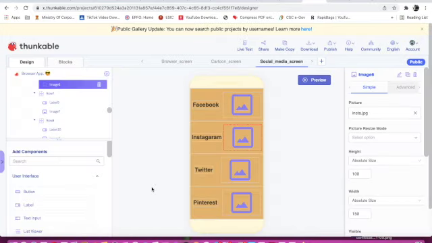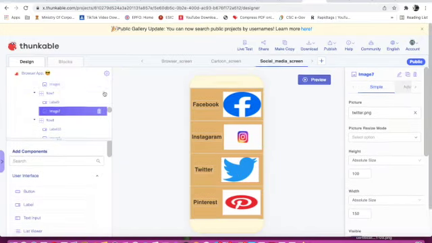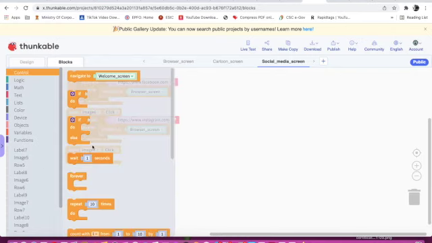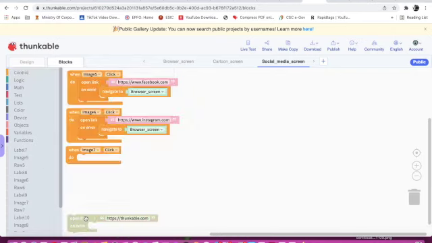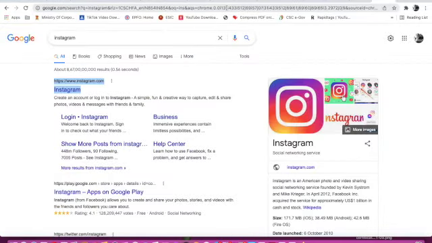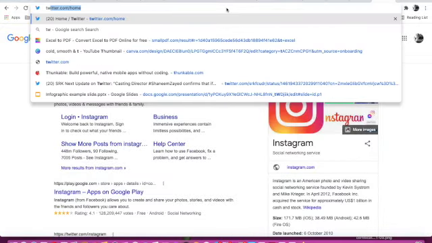Now when image 7 is clicked, this is Twitter. When image 7 is clicked, open link on error, I will copy the URL of Twitter.